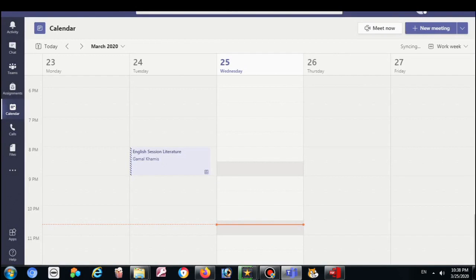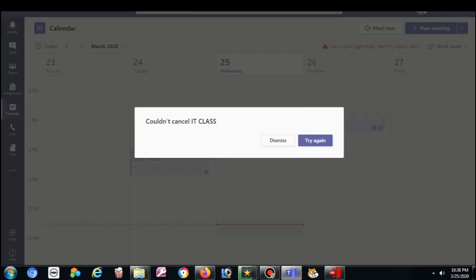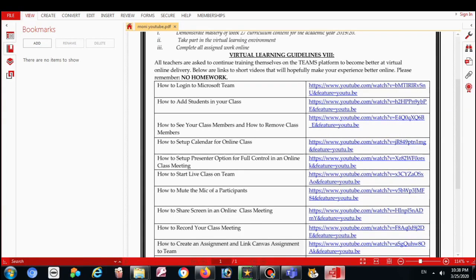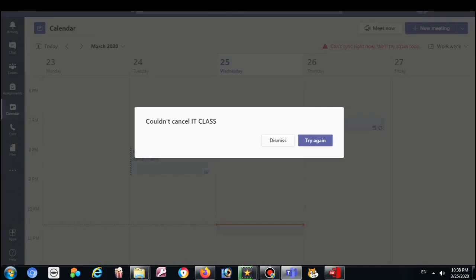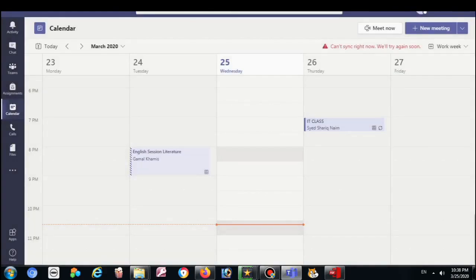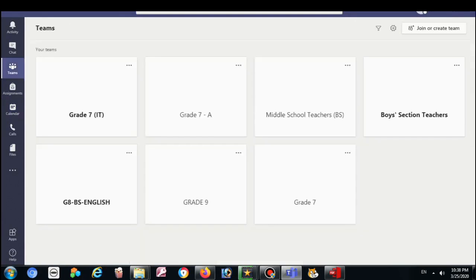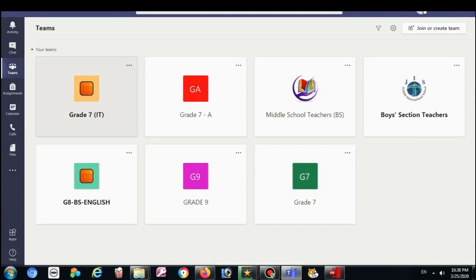Now the second thing, how to call the students. Now this is a very important thing. If you want to cancel the meeting, you can cancel from here, cancel series, and here cancel series. So how to call the students? Now again we will go to the meeting. Okay, now we will go again, dismiss. We will click on the teams again,